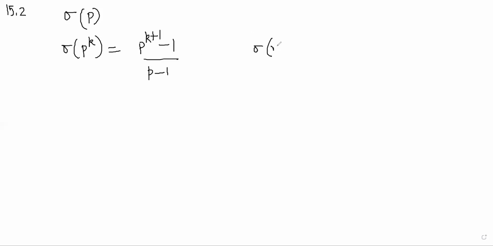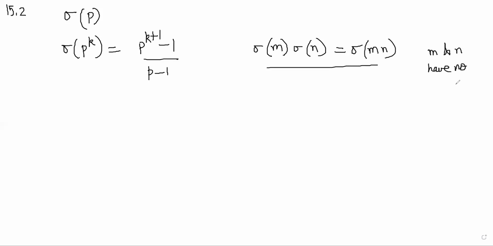Then the next one, 15.2, I think is fine, right? It is easy, because 15.2 will use the property that for a prime number power, p power k, sigma will be p power k plus 1 minus 1 by p minus 1. And then you have to use the property that we just now saw: sigma of mn, as long as m and n have no common factors. Using that, you will be able to find your values of sigma of the composite ones.